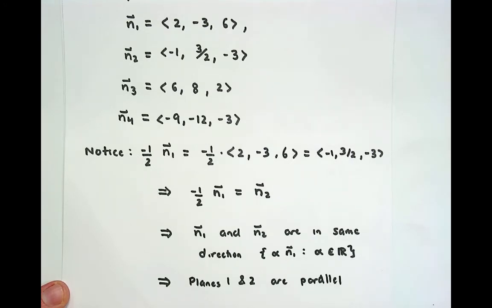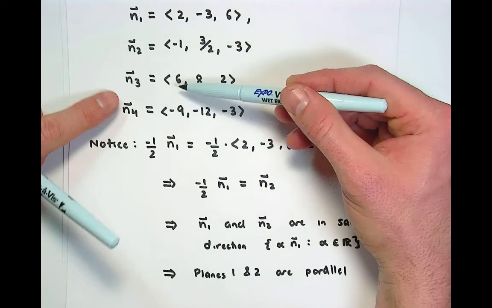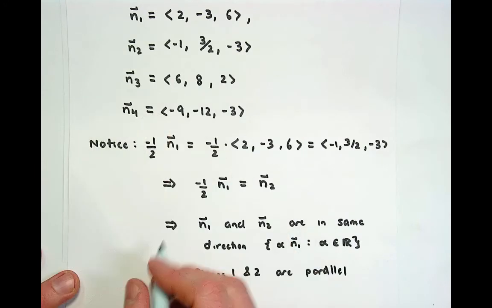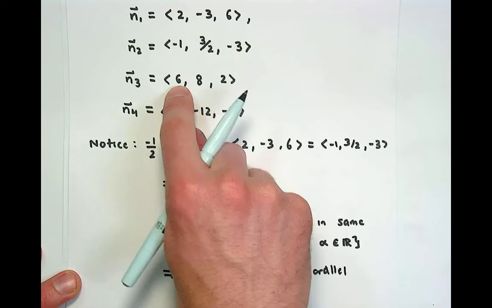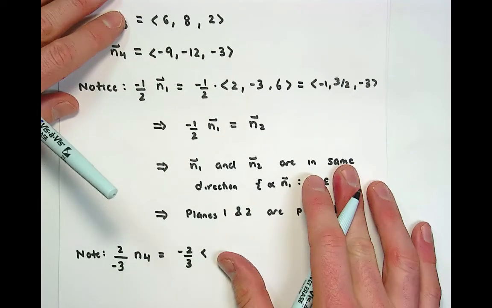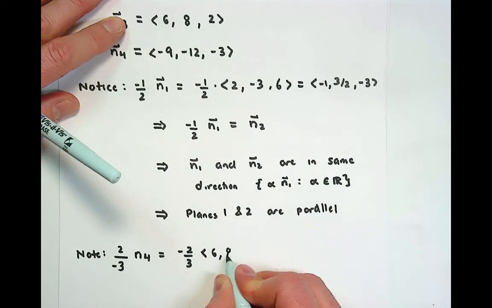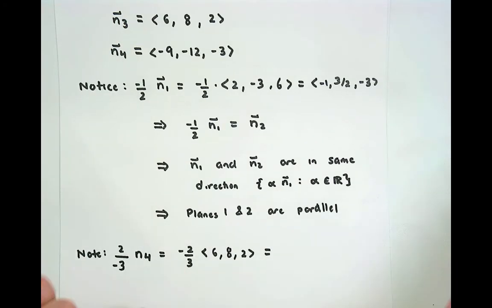Similarly, we could note that when we look at n4 and n3, if you divided this by a -3 and multiplied by 2, you would get to 6. So here we would say n4, I'm going to go ahead and divide this by 3 with a negative on the 3 and multiply by 2. This would be -2/3 times 6, 8, 2. And of course, when we go ahead and do this, 6 divided,